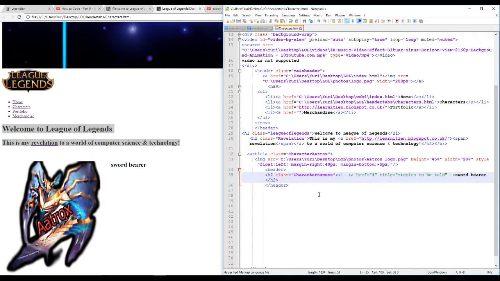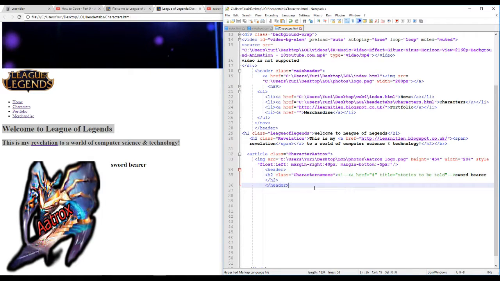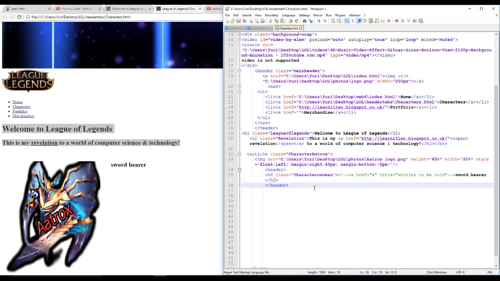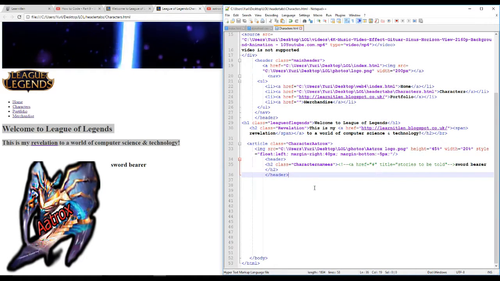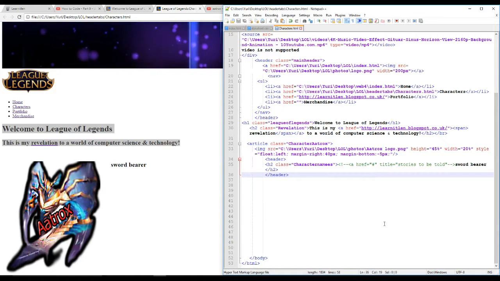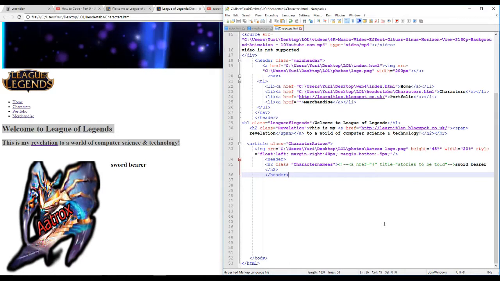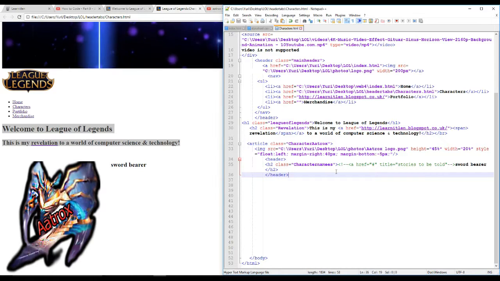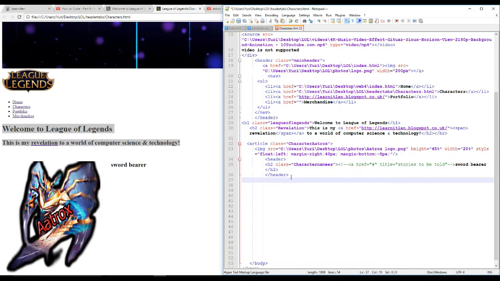so let's get started. In part 11, what I'm gonna pretty much do is we're gonna finish the content for this page. It won't take long, and let me show you why. Alright, so character's name, we've done that. Okay, we finished our header, and next what we're gonna do is, so let's just go back a bit, a